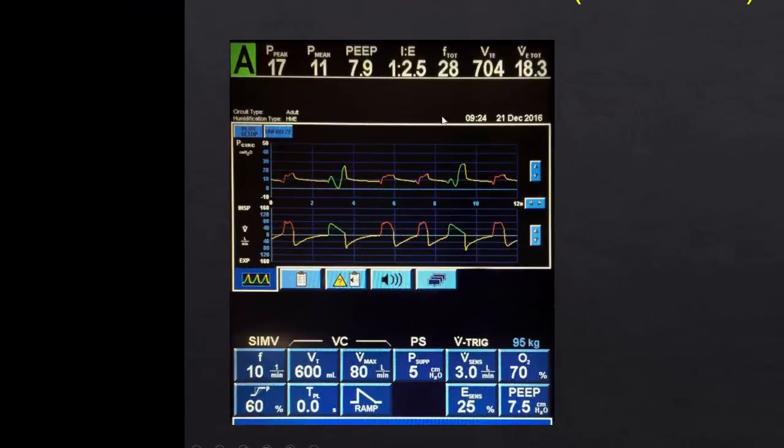Now here's an actual graph on a ventilator of the same thing. You can see what's happening is the rate is set at 10. So every 6 seconds from here to here, there's a machine breath. In between the breaths, these red ones are spontaneous breaths. There's 4 of them. Now they look a little bit different from what I just showed you